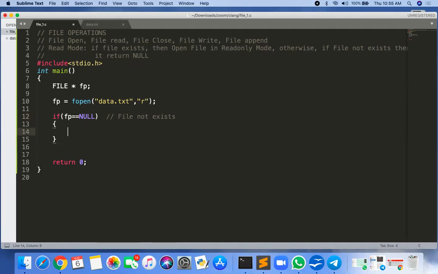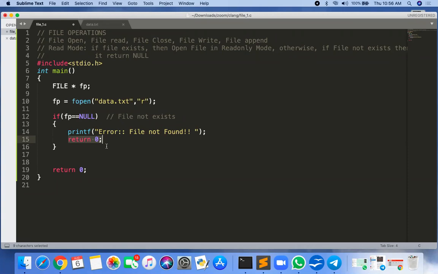So you just need to print an error message here: error, file not found. And we don't have to go further. We just have to return from here itself. So return 0. Very simple.